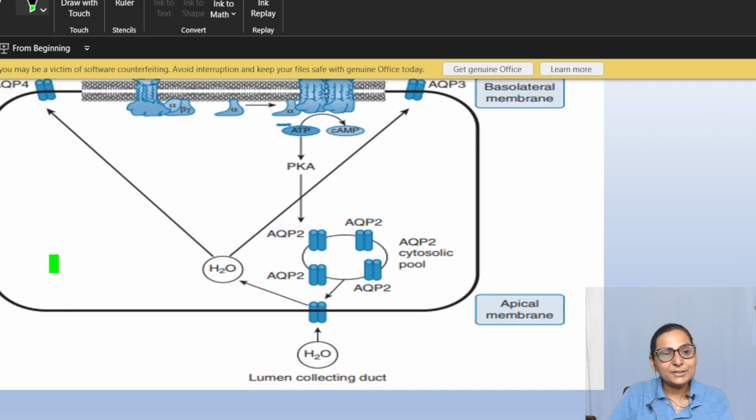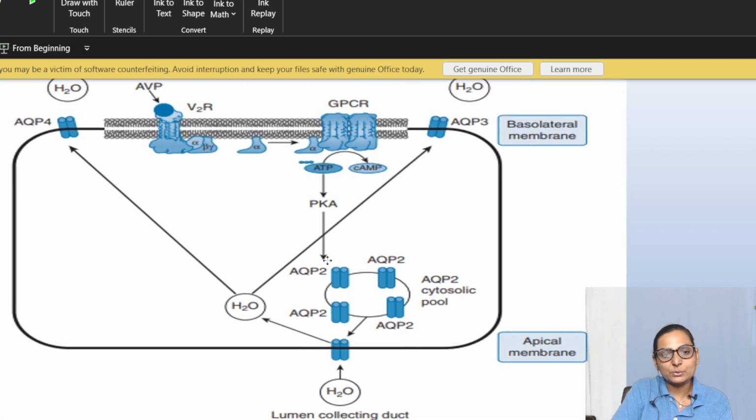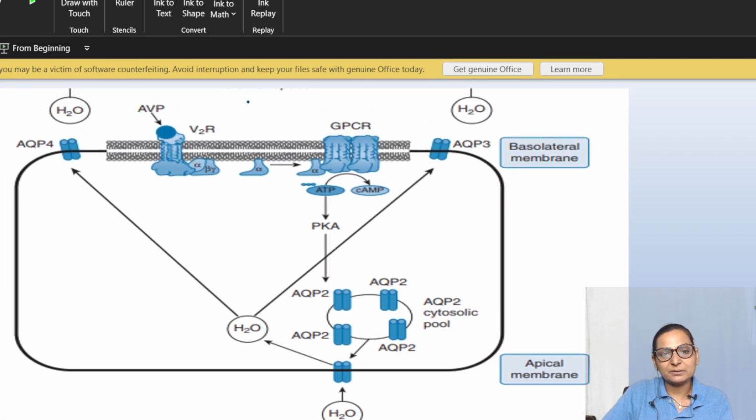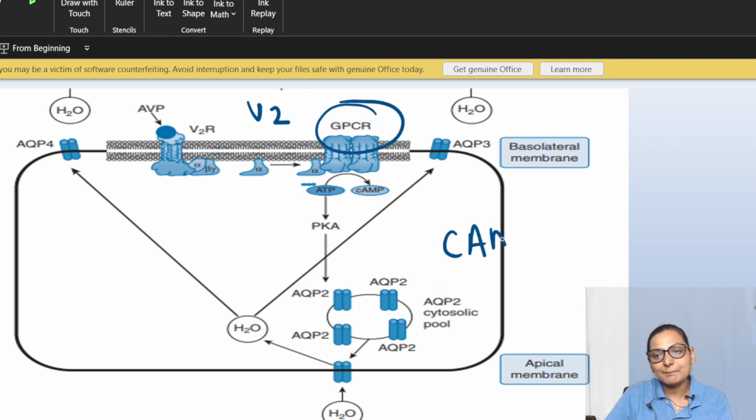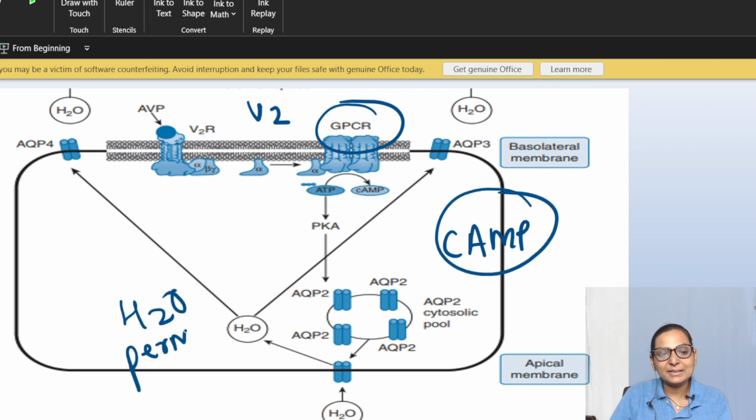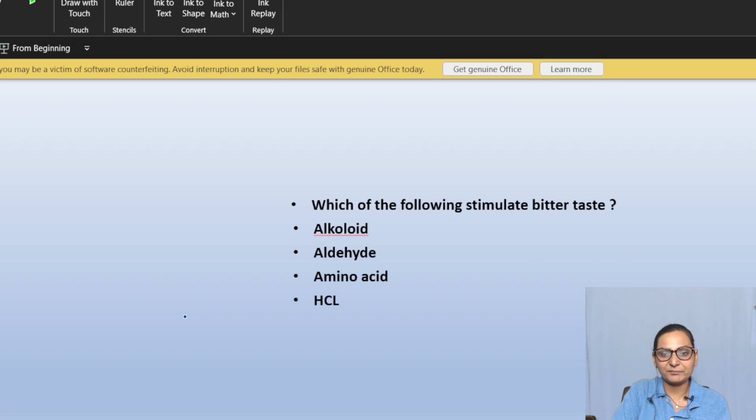Whereas the V2 receptor, you can see over here, is the one which uses a G protein coupled mechanism and cyclic AMP as the second messenger, and is responsible for the water permeability action. That means when vasopressin has to cause vasoconstriction, it will use calcium as the second messenger, but when it has to bring about water permeability, it is going to use the V2 receptor and cyclic AMP as the second messenger, right? So knowing the messengers is really very important as far as this general concept of endocrines is involved.